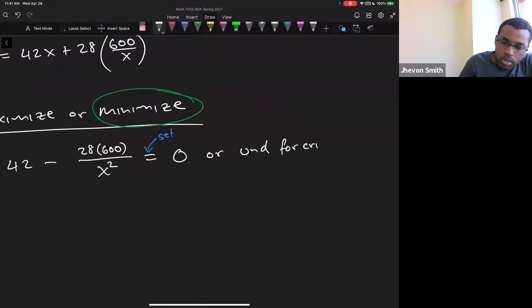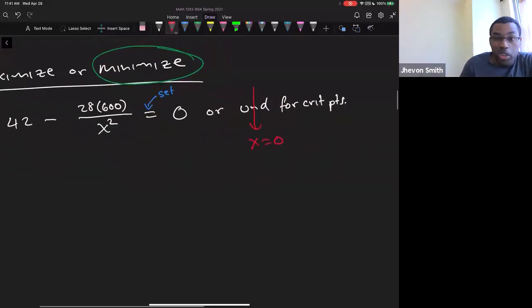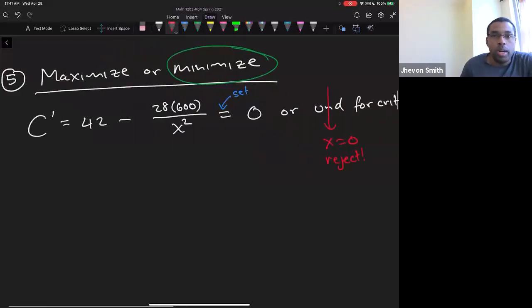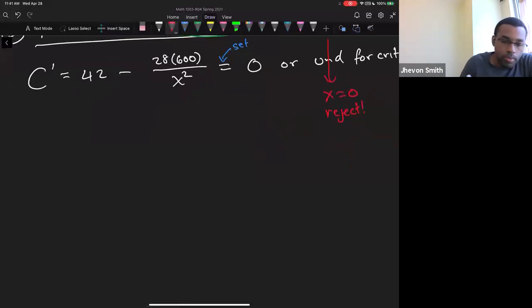For critical points, of course, undefined would occur when x equals 0. That means you don't have a rectangular enclosure, so of course you reject. So what you care about is this guy equaling 0, in which case